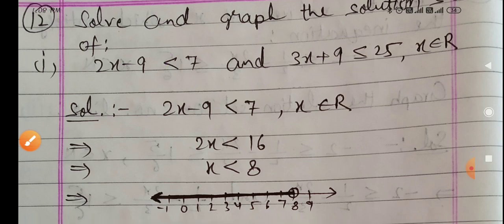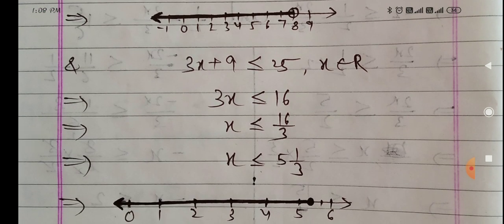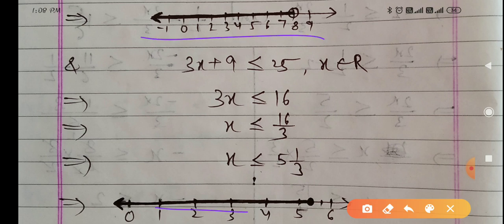So here you can see in front of you both number lines I am showing you. You can see on this number line and this number line, what portion is common. Here 5 whole 1 upon 3 is coming. You can check here 5 whole 1 upon 3 is coming. Yes, because between 5 and 6 the full portion is dark. So it means that 5 whole 1 upon 3 is also coming. So 5 whole 1 upon 3 and the portion less than 5 whole 1 upon 3 is common on both the number lines.